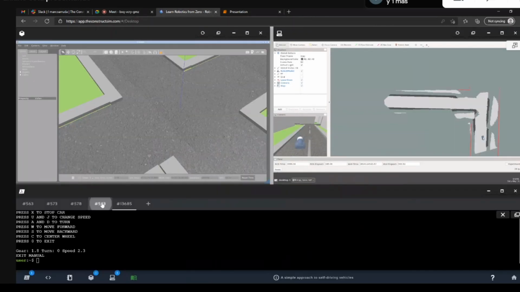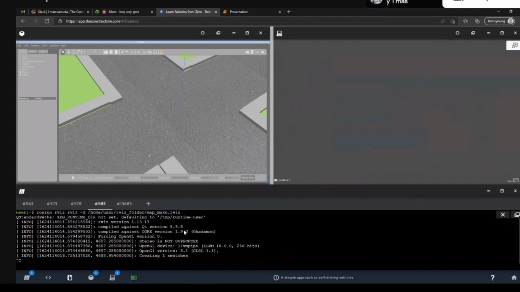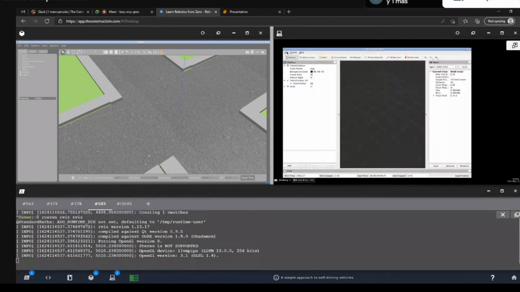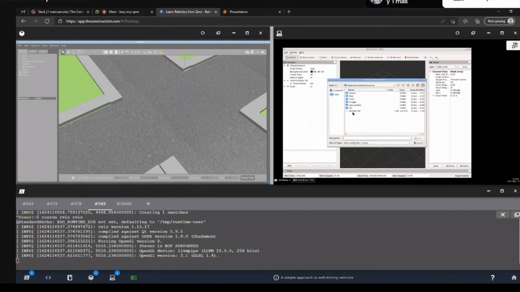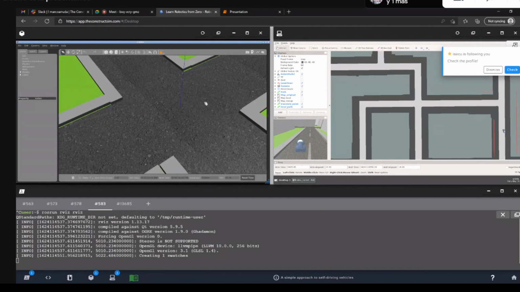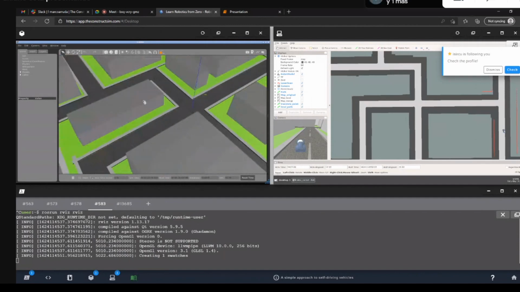Let me close these ones right here and open a new RViz session. Our next configuration. You don't have to do this, it's just simply to show you a better view of it. All right. Have a car right here. Let me navigate to this point in the simulation